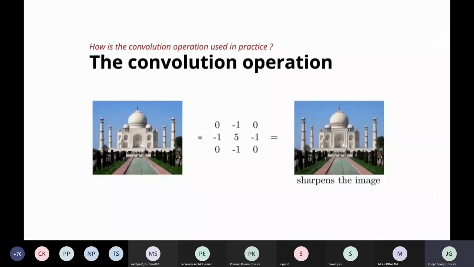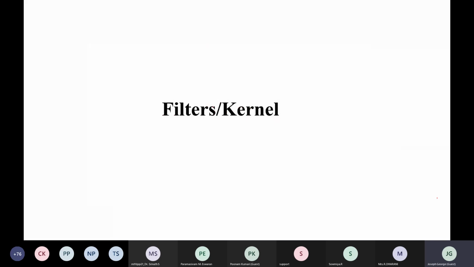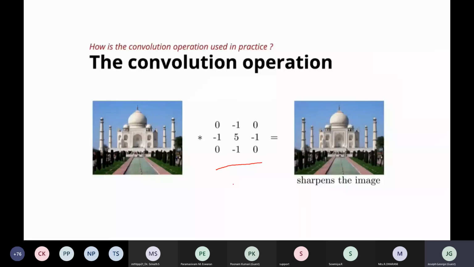So normally, what is a kernel? A kernel is nothing but a feature extractor. We can say it is a feature extractor. For example, you have an image and you have a kernel. When you apply this kernel to this image in a convolution operation, depending upon the values you are using in this kernel, the output will change. Output in the sense the activation map will change.